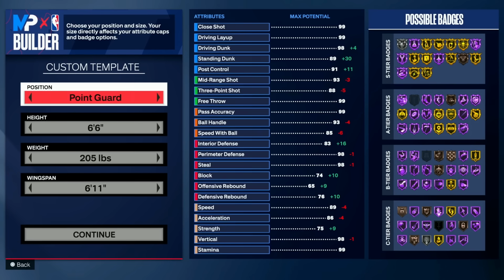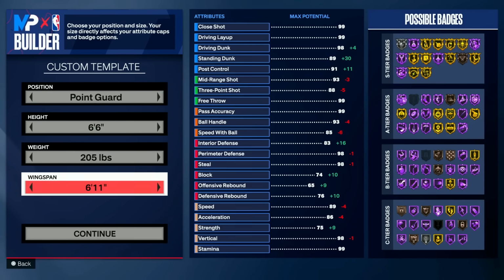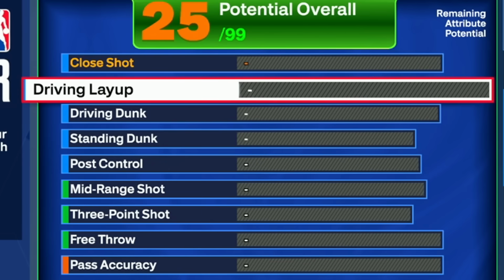Let's go ahead and get right into it. To start off this build, we're going to go with a point guard at 6'6", 205 pounds with a 6'11" wingspan. Now, as we know, driving layups and layups in general are one of the most broken things in this game,